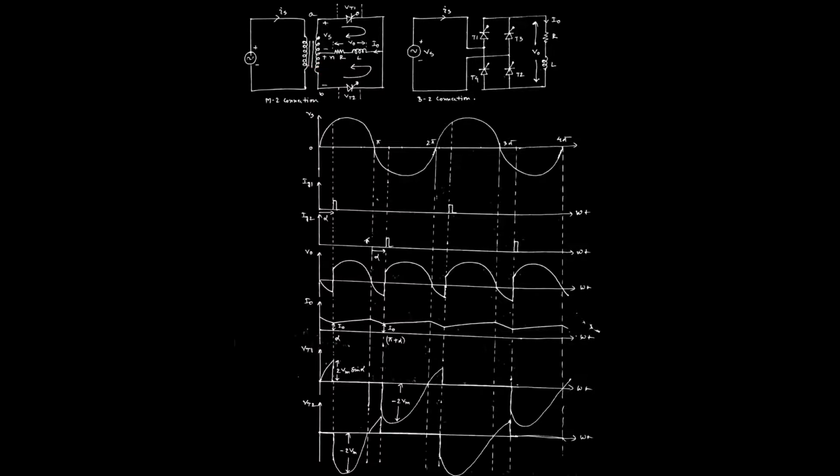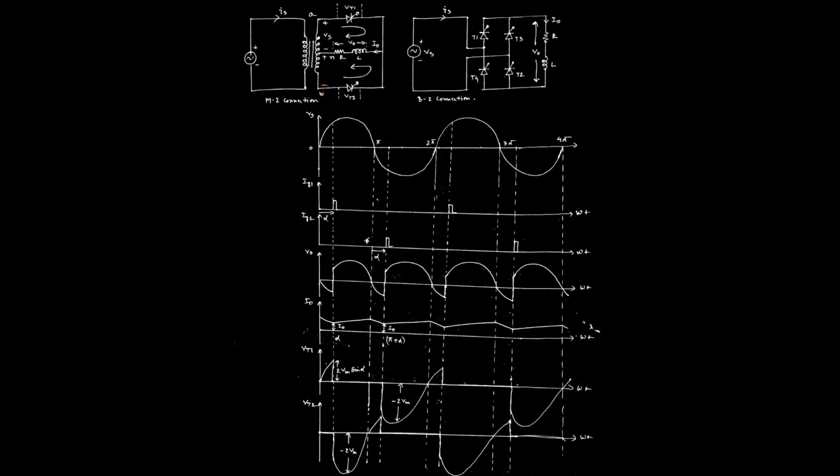In this case, during the positive half cycle, what happens? In the primary winding, the upper part will be positive and the lower part will be negative, and the same thing happens for the secondary winding also. As it is center tapped, the voltage appears across the upper part. This one will be positive and this one will be negative, defined by Vs. The same amount of voltage appears across the lower half also, and the polarity will be the same, that is, this one is positive and this one is negative.